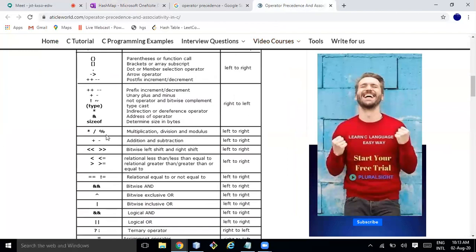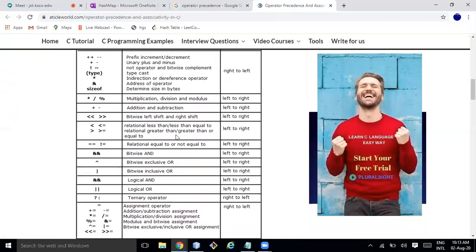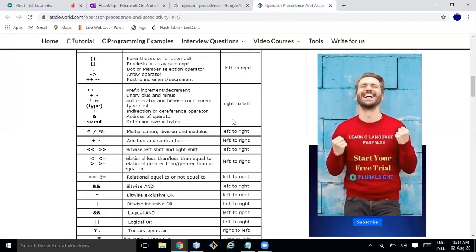Multiplication, division, and modulus all have the same precedence, and the associativity is left to right. What about plus minus? Plus minus is also left to right. And there is one power operator.